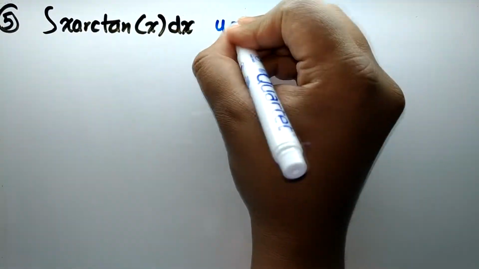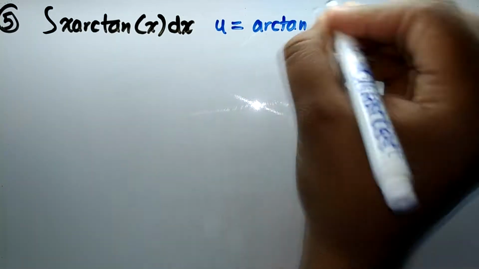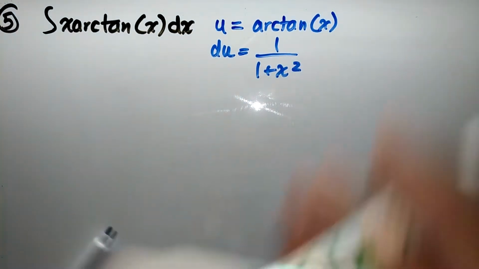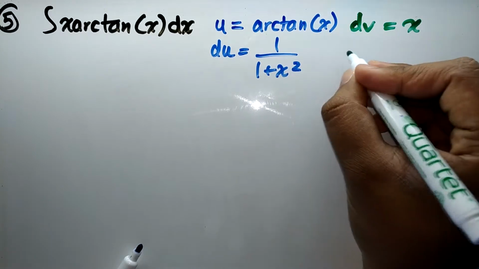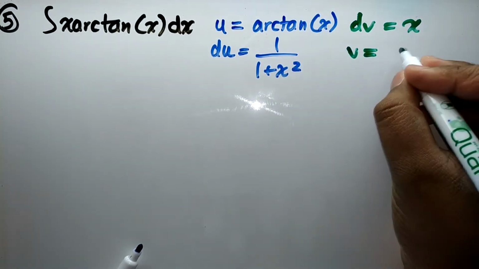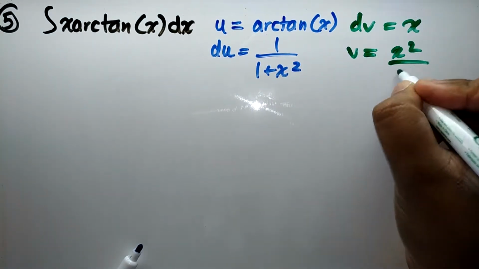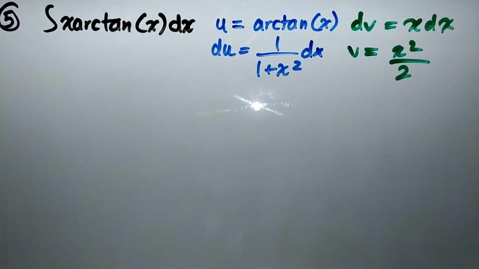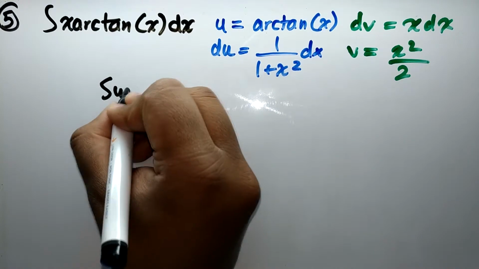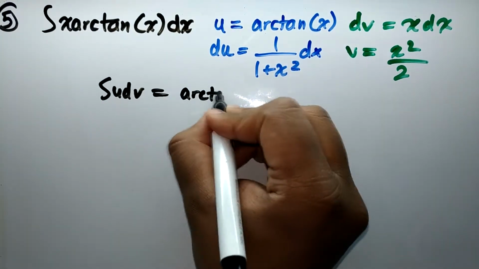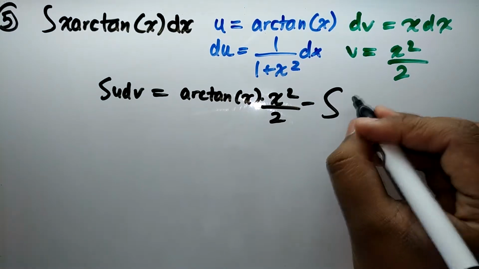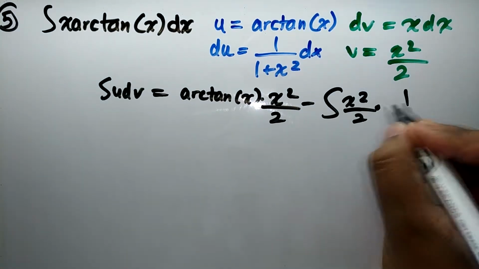Now let's look at an arctan example with an x in it. So again, inverse trig comes before algebraic, so we can just let u equal arctan x and differentiate that, and then dv equals x, and if we integrate that, that's going to be x squared over 2. And then we can plug those values into the IBP formula, so it's going to be arctan x times x squared over 2 minus the integral of v du, so x squared over 2 times 1